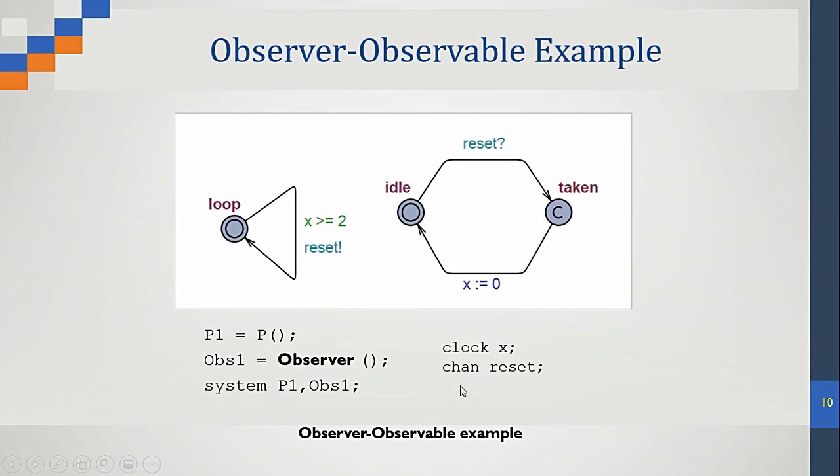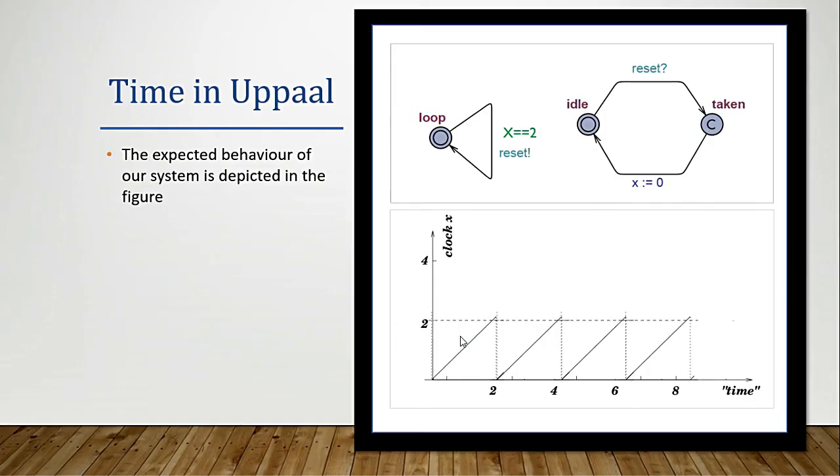We have also the clock, which is X, and this X is reset in the observer. Also, it's controlled by the observer. We have a channel also to communicate between these two timed automata. Based on these two automata, we see here, for example,